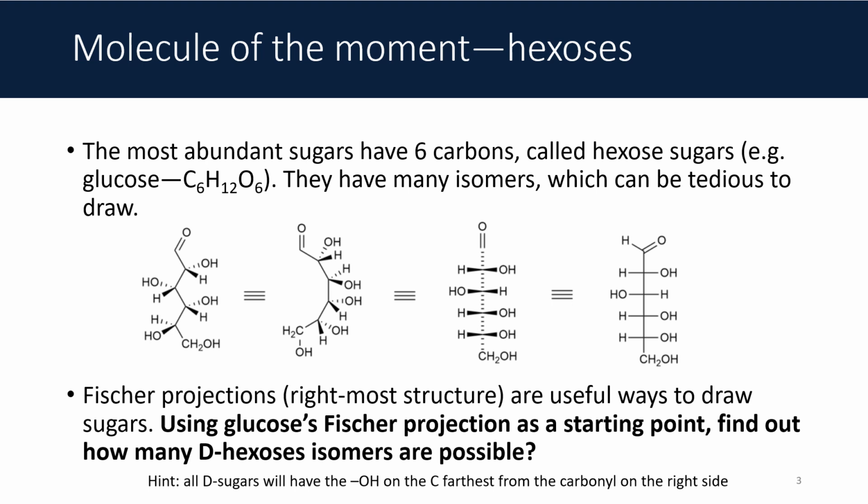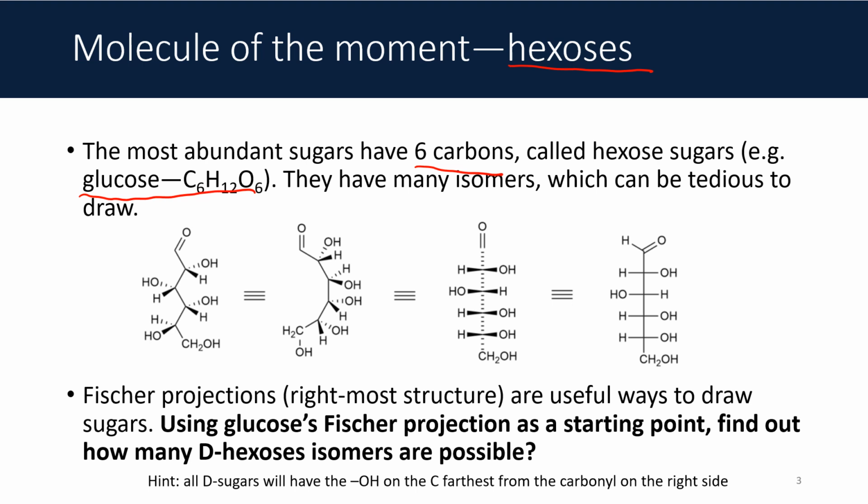Our molecule of the moment is simple if a little bit tedious. It's a group of molecules known as the hexoses. And these are really important to biology. They're the most abundant type of sugars, which is a form of carbohydrate. And they all have 6 carbons in them, hence why they're called hexose sugars or just hexoses for short. And we all know what glucose is. That's an example of a hexose,